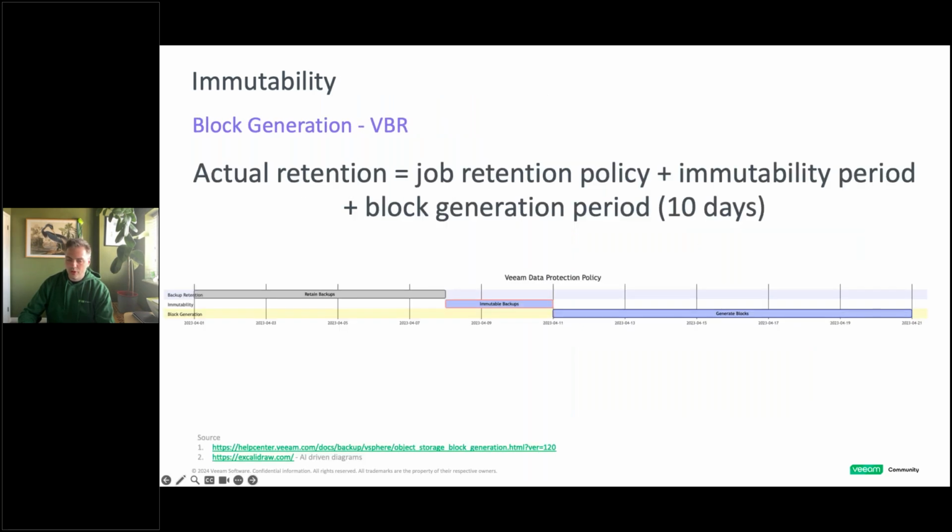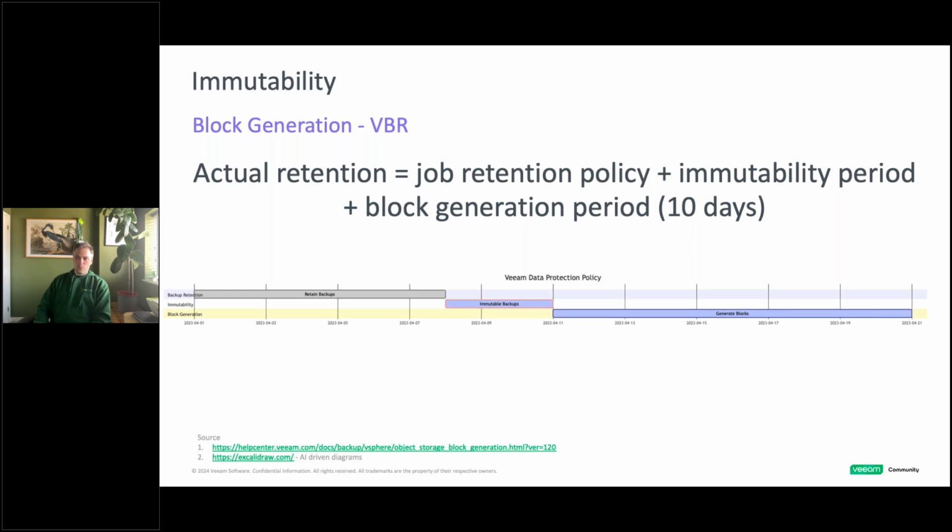So block generation, this is what I said I wanted to talk about initially. And it's not very clear in the Veeam documentation how to define the actual retention points and storage required when enabling immutability with Veeam Backup & Replication.